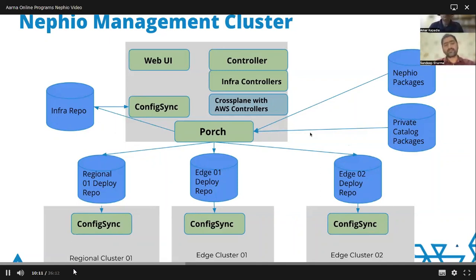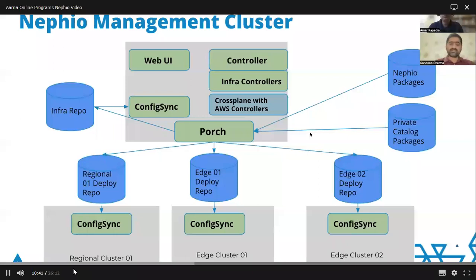The infrastructure controller underneath is going to use the crossplane, and we are going to orchestrate EKS cluster. And the Nephio controller node also has the config sync as a component, and config sync is basically the GitOps tool here. And config sync's job is to sync the packages from the Git repos to which it is pointing to.